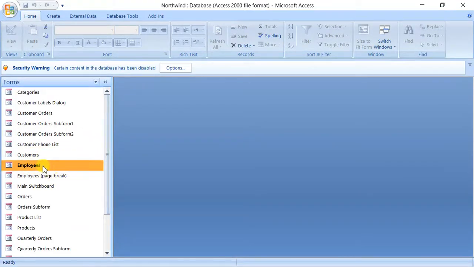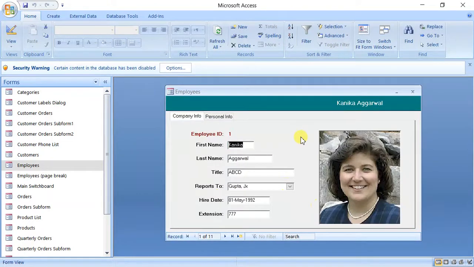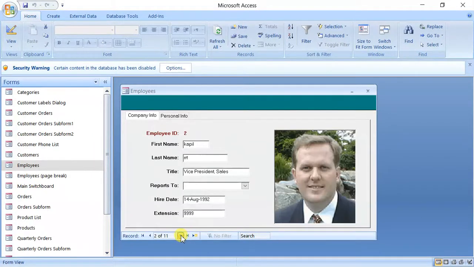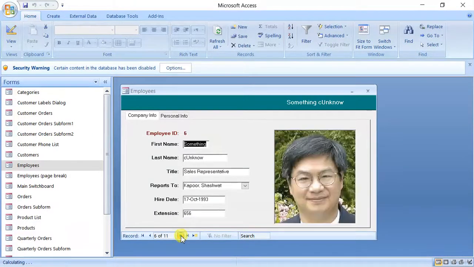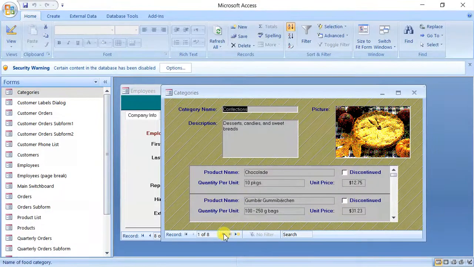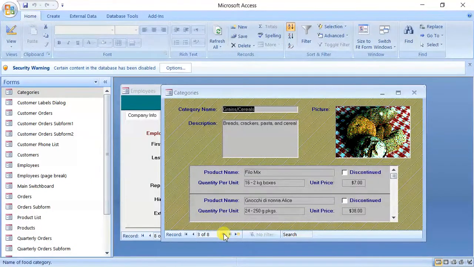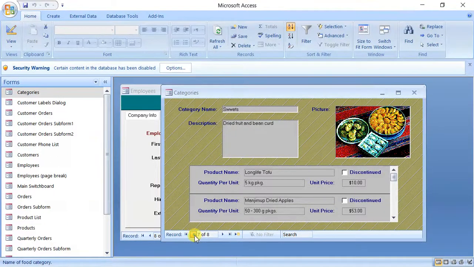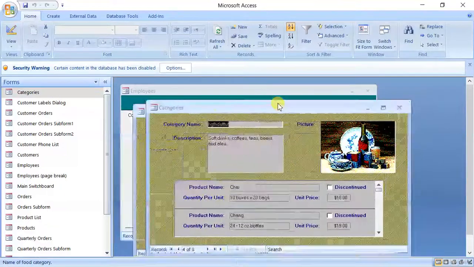For example, first of all, there is an employee form. You can see this form must have been developed either in Java, .NET, PHP, Android, HTML, ASP, JSP, whatever is the case. You can see the data is coming here, and whatever we are typing, the data is coming from the tables. Secondly, the store has a number of categories. You can see confectionery, dairy products, cereals, seafood, different types of products. So this is a typical software.